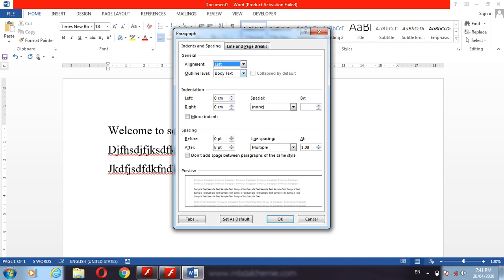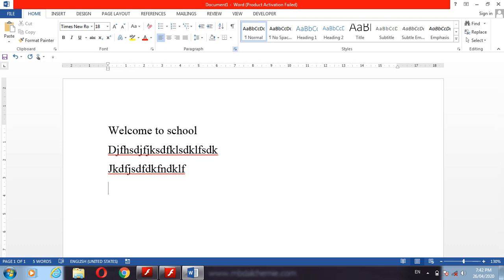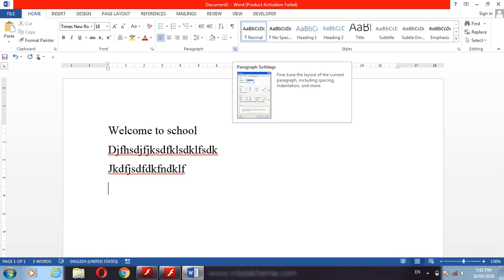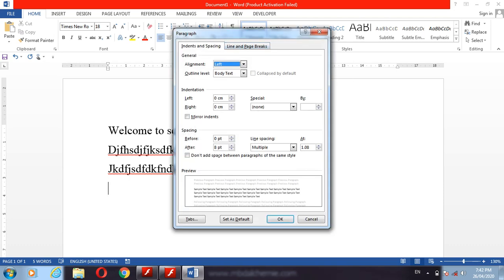Here we can set the spacing or indent. See, click on this paragraph. If we click on this, we get the indent and spacing here.